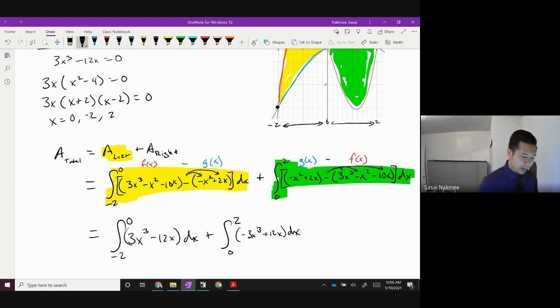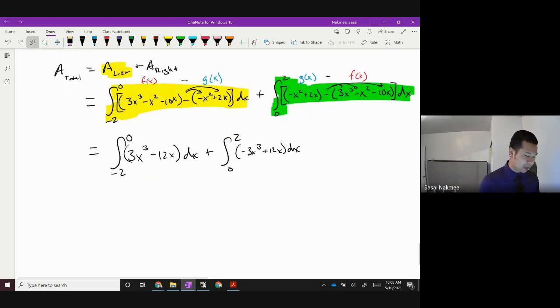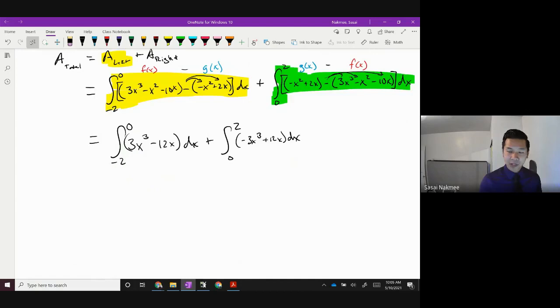And then from here, it's just a simple power rule. Integrate both integrals right there. Pay attention to the values to evaluate with. So right here, careful with this one, this is going to be x to the fourth divided by 4. But of course, there was a 3 in front of it still, so it'll be 3x to the fourth over 4, minus, I believe, 6x squared, right? If I do the derivative there, 2 times 6 would give me that 12. Okay, so this right here is going to be evaluated from -2 to 0,